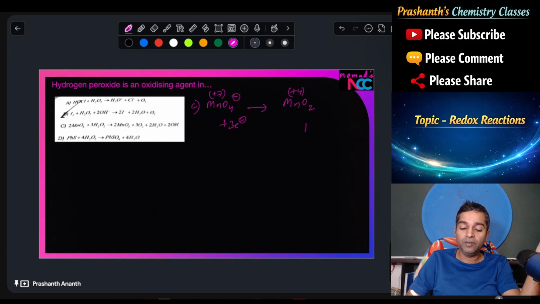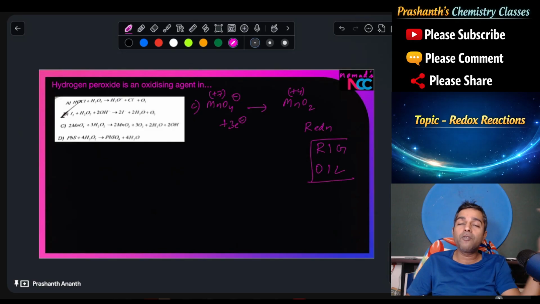Again, gaining of electrons is going to be reduction. How can you remember that reduction is gaining of electrons? Simple thing, remember it as OIL RIG. So RIG basically is reduction is gaining electrons. OIL effectively stands for oxidation is losing electrons. So if you are able to remember this simple mnemonic, you can automatically figure out whether it is undergoing oxidation